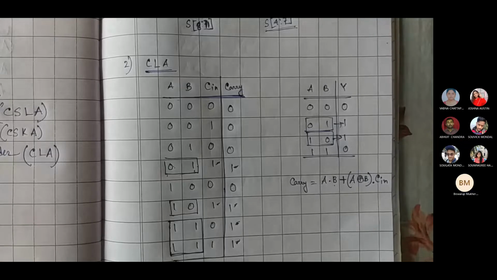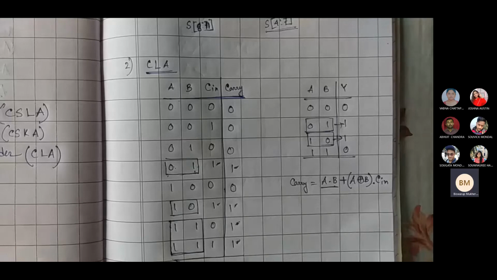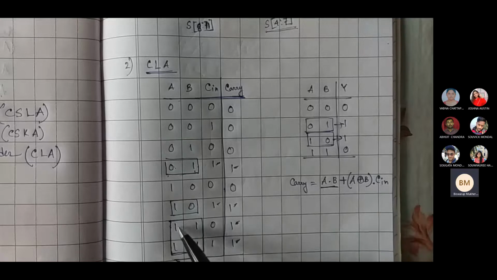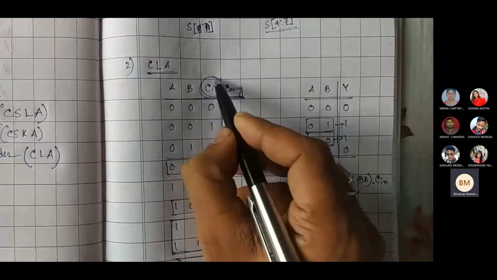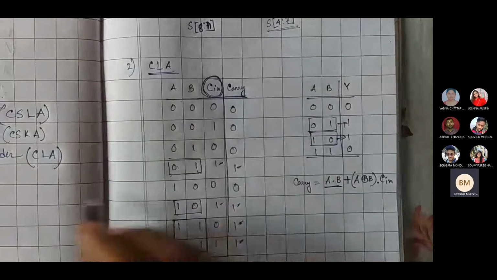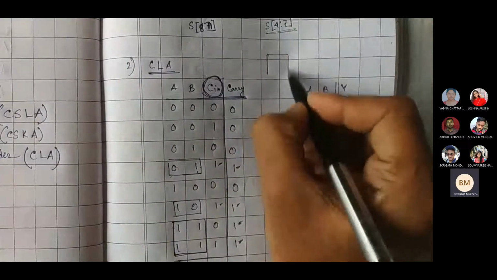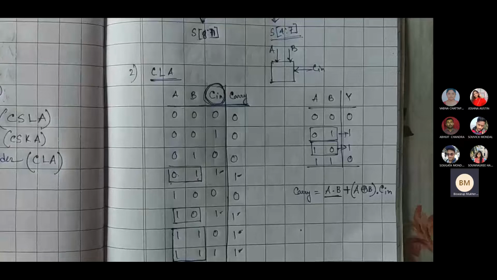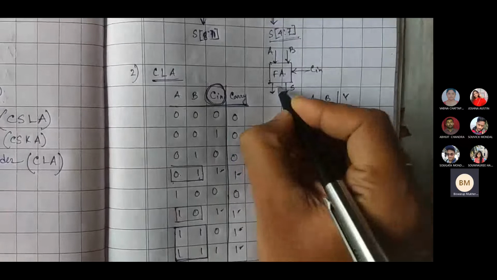Now, here, what we generally get, if we look after this, for A and B, both these are the main two bits. This is actually the carry input bit, the previous carry input bit. Let me draw a block of a full adder. These are the main bits A, B. C is the carry input from the previous stage, right? So this is a full adder, and it is producing sum and carry.